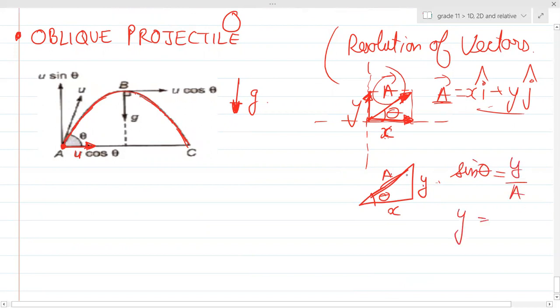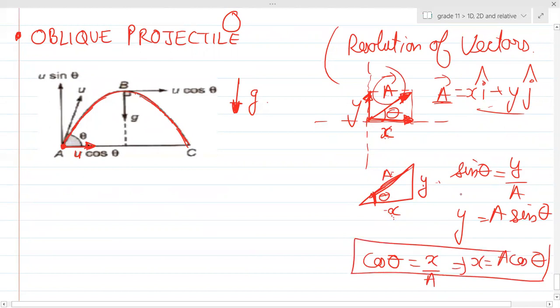So can you see the component in front, the one which is not helping in making the angle, is basically the sine component. So y equals a sine theta. Whereas this is the one which is making the angle with the vector, so this will be cos theta. Cos theta will be equal to x upon a, and that implies x will be equal to a cos theta. So directly, without writing x and y, I'm just directly writing this. The one which is making the angle is basically the cos component, and the one which is not helping in making the angle is basically the sine component. Is it clear?